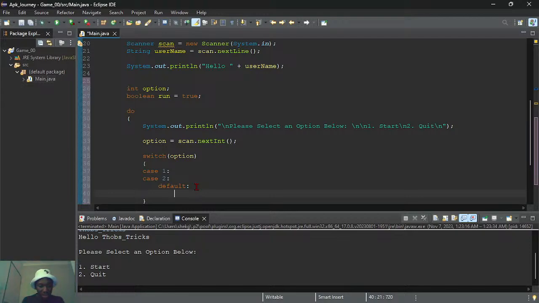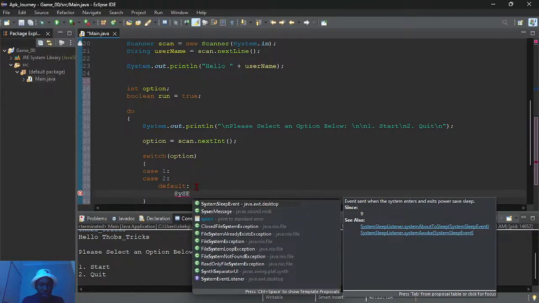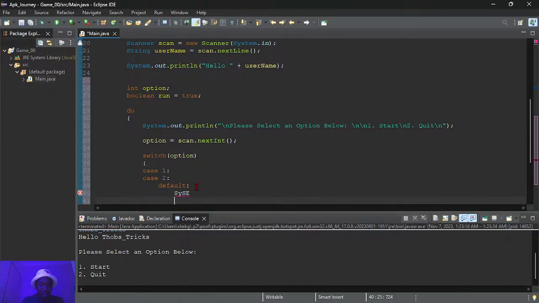So it's gonna be System.err, and then I say incorrect input, please enter again, something like that.